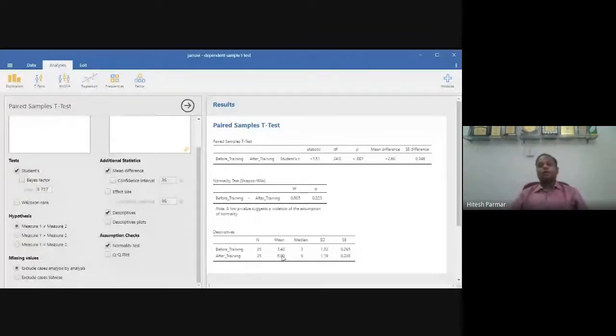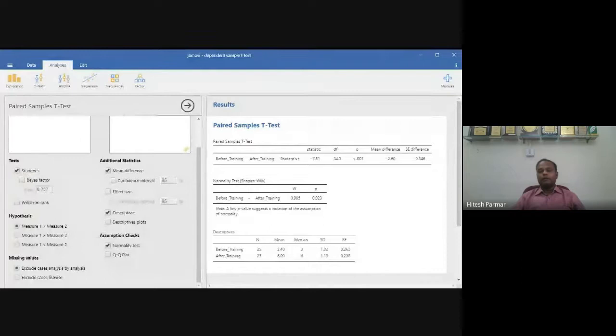Or you can just observe that this t value is negative. It means that the after mean is higher, then only t will be negative, because it is the difference of before minus after. So this t is negative, indicating that the training is effective.